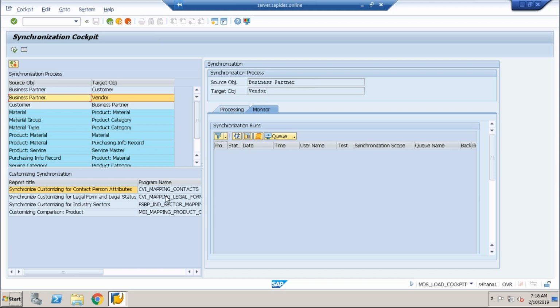Normally, all the synchronizing for your mapping contacts, your legal forms, industry sector mapping, and your mapping product. We did all this configuration for an industry specific setup. Once the configuration is done, that's when they check this report, which synchronizes your customers, vendors, the contact person assigned to the customer, the contact person assigned to a vendor, and even syncs with your system landscape. When you have an existing ERP system where ECC is converted to SAP S4HANA, it has to be replicated from your CRM systems as well, because sometimes you have to integrate from CRM systems. In that case also, it replicates from your system.